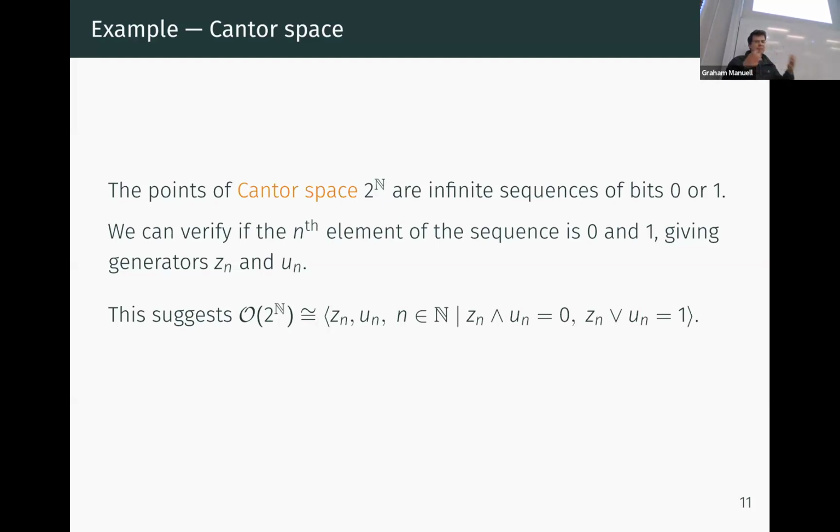So when you actually work out maps from this frame into truth values, and they need to satisfy the axioms, it's going to tell you whether every bit is 0 or 1, and they can't be both 0 and 1, and they must either be 0 or 1. So this actually defines that the point corresponds precisely to an infinite sequence of zeros and ones. Does that make sense? Okay,